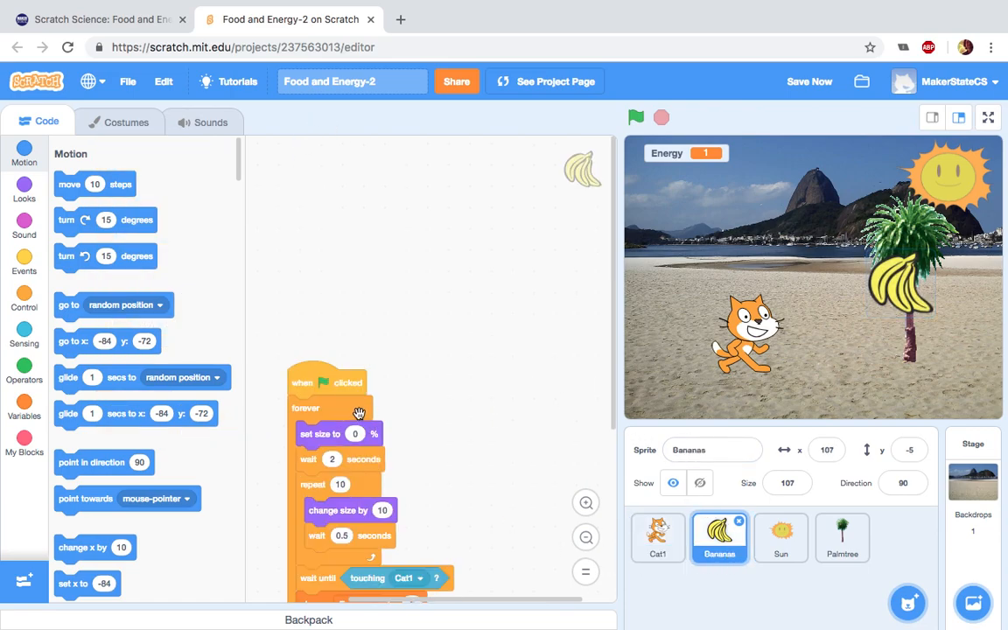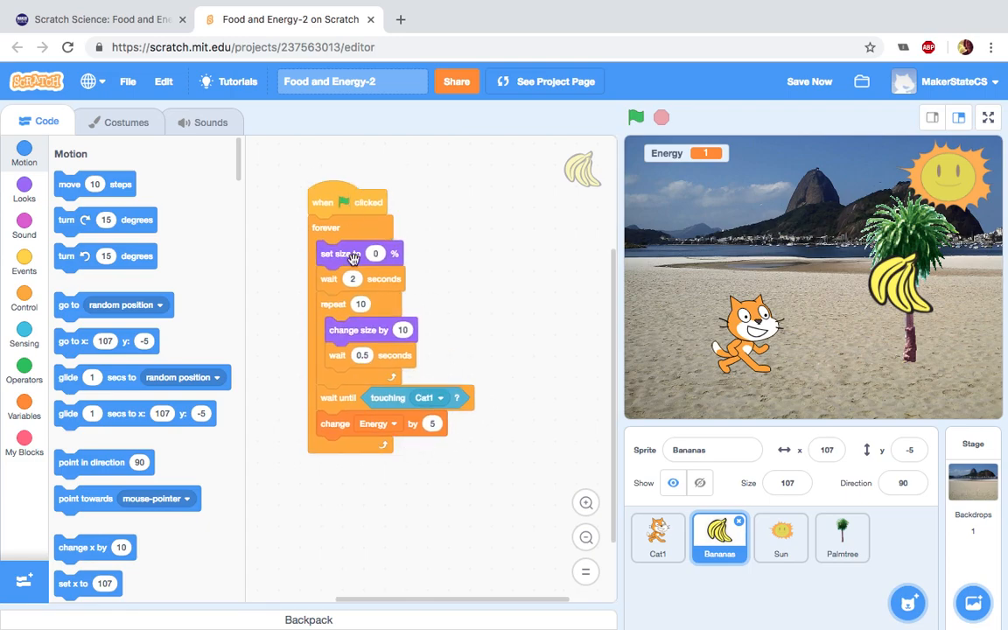For the bananas, we just have one piece of code here, or one chain, and we have 2 loops inside of this main forever loop, or we have 2 loops, I should say, total. This repeat loop nested inside of this forever loop, and here you can see us using those purple set size and change size blocks to control the size of the bananas. And how this script works is, when this begins, the banana goes set size to 0, which effectively hides it,